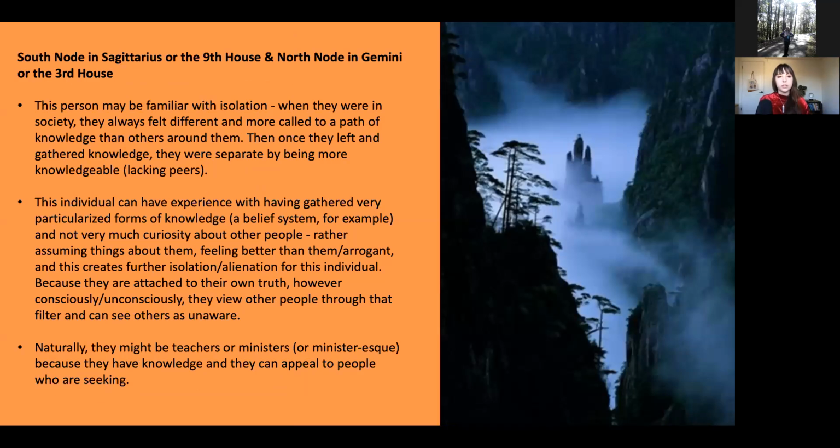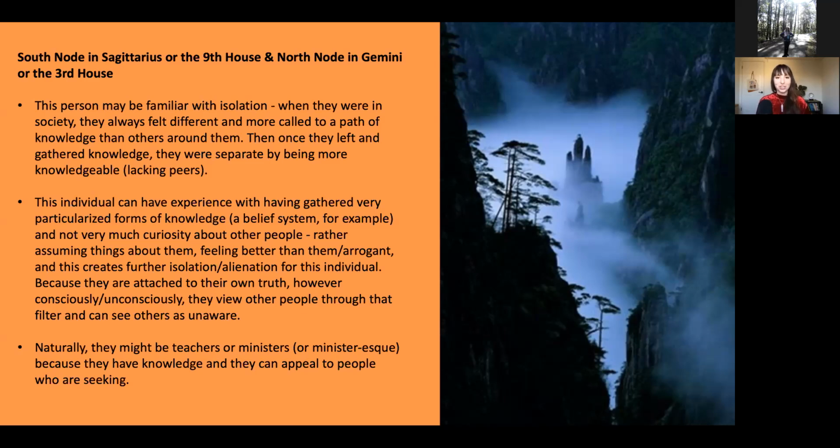So this person's familiar with isolation, and even when they were in society, whether in this life or in prior lives, they may have always felt different and more called to knowledge or philosophy than the people around them. And then once they left and gathered knowledge, they maybe felt separate by being more knowledgeable than their peers. This individual can have experience with having gathered very particularized forms of knowledge, like a belief system,